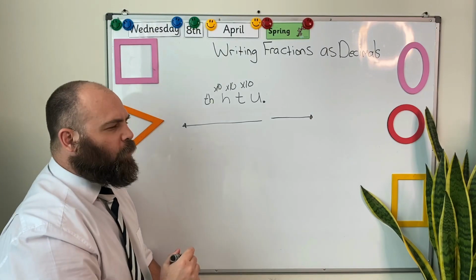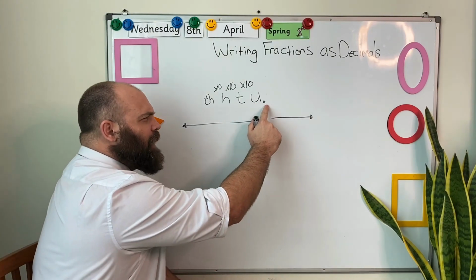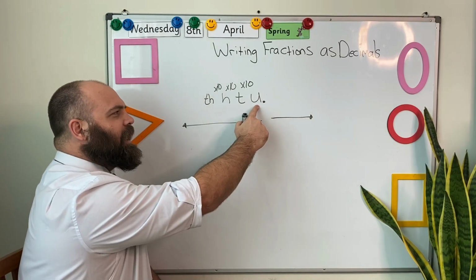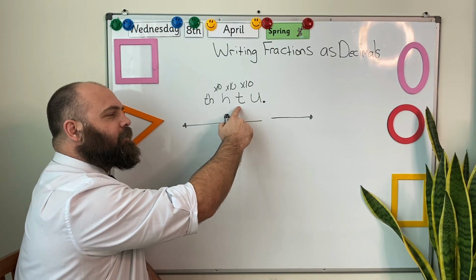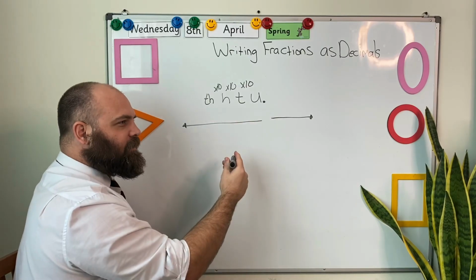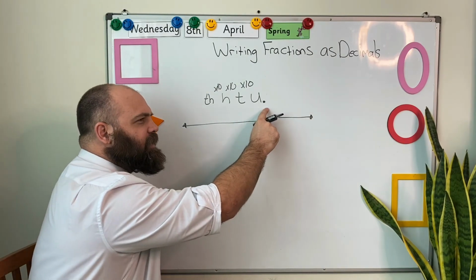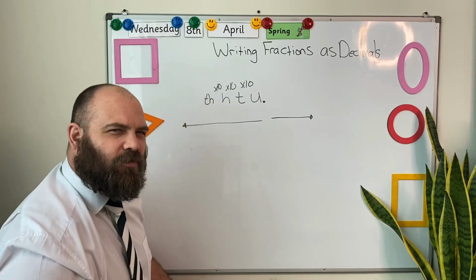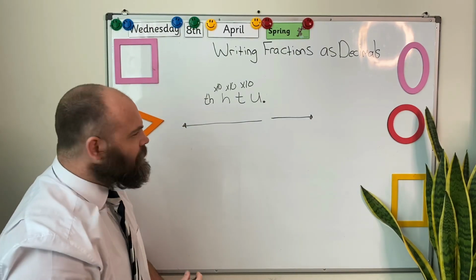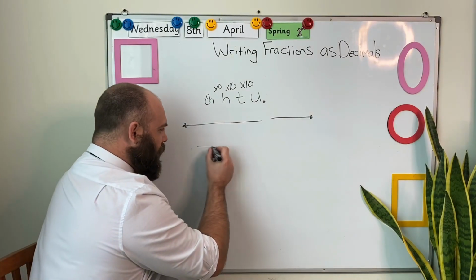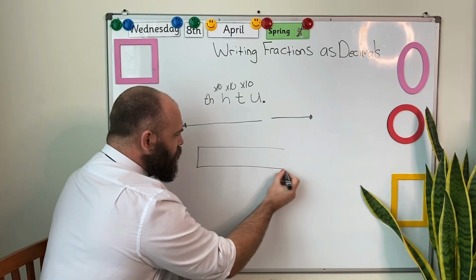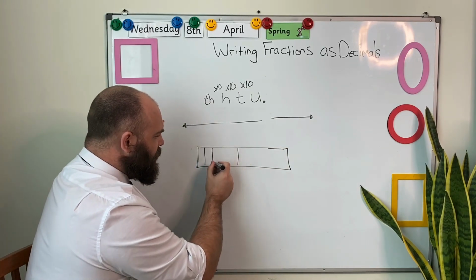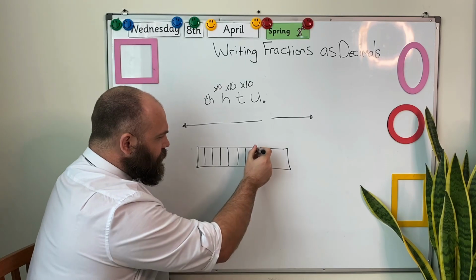So what I'm wondering is, if I move to the right and things get 10 times smaller, or when I move to the left, units times 10 gave me tens. If they get 10 times smaller, I'm actually dividing something into 10 pieces. Can you divide a unit into 10 pieces? Well, I think you can. If we have one whole unit here and we divide it up into 10 equally sized pieces,